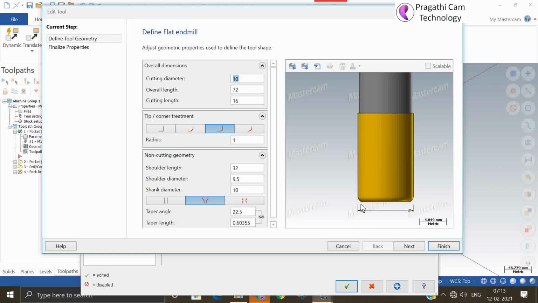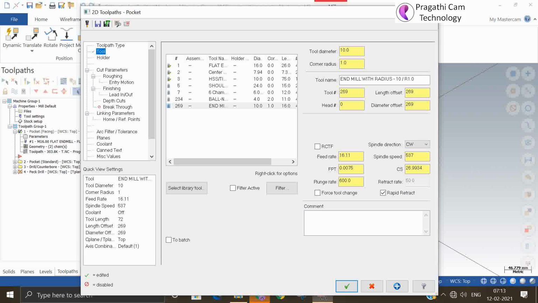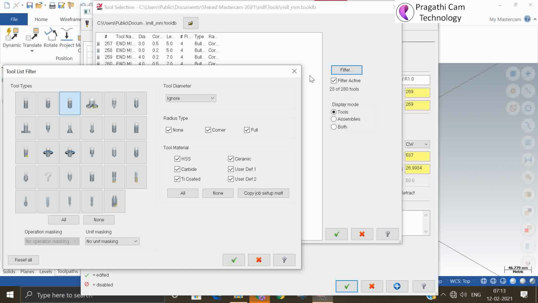This is for surface machining roughing work. You can use the bull nose tool. If you use a flat end mill for surface machining, you will get steps, so that will not give you a good surface finish. So now we have seen flat end mill, bull end mill, and ball end mill.